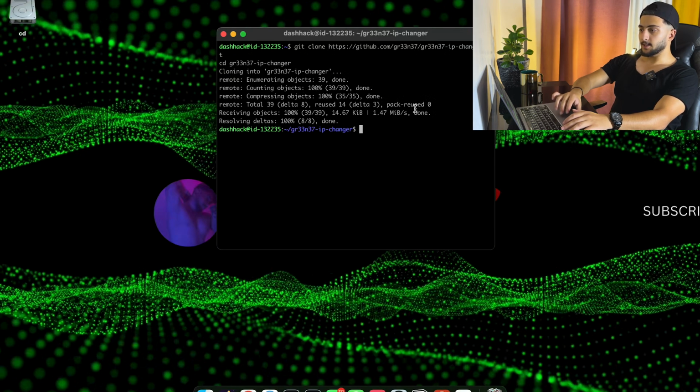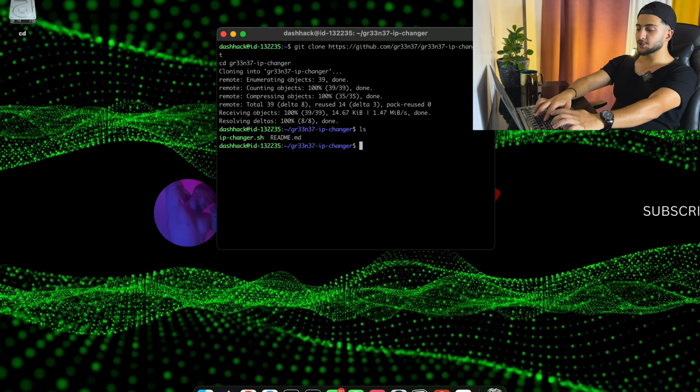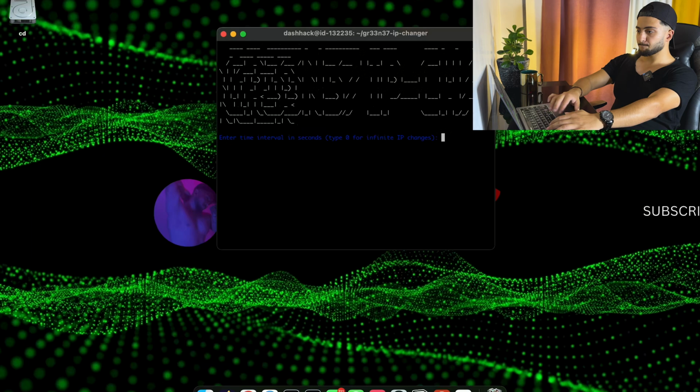Then git clone it from GitHub, and you can run it by bash IP changer dot. You must be root to run this tool. Sudo bash IP changer, and yes,